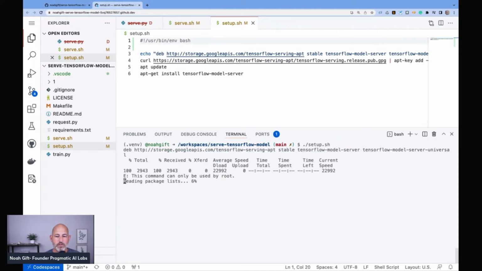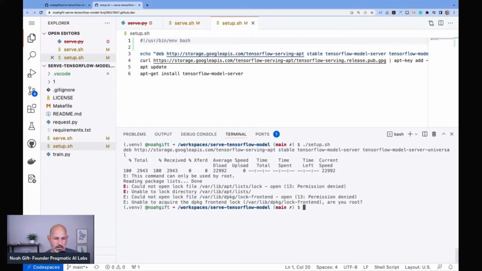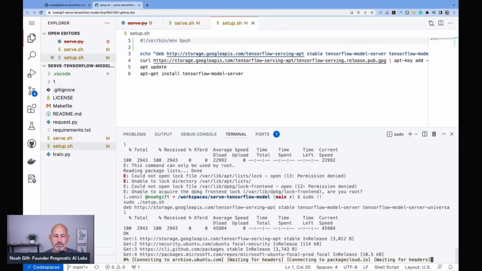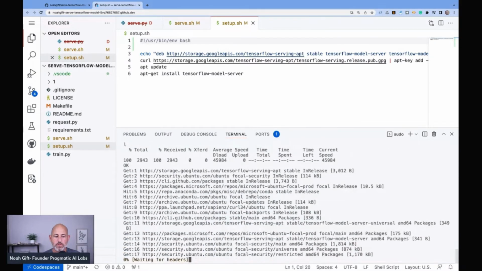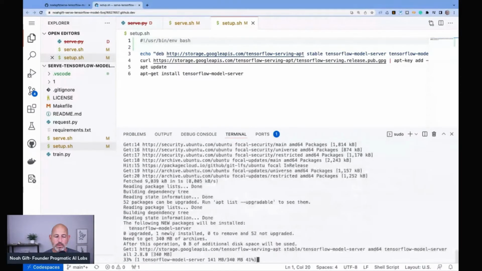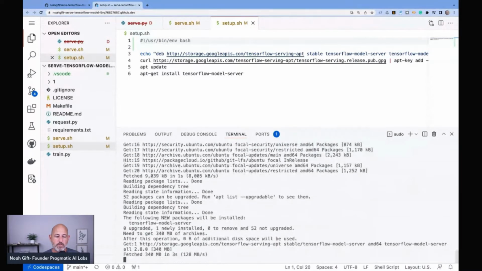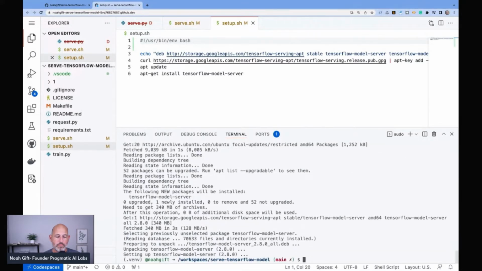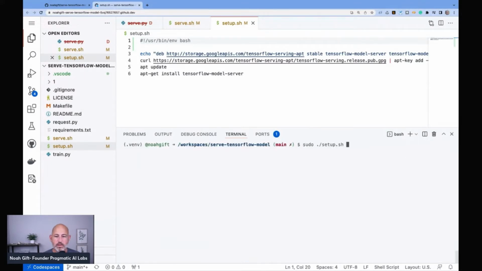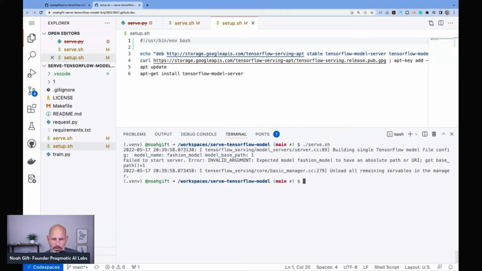Okay, so this downloads TensorFlow model server. It says denied. So we'll do sudo. Hopefully this works. Okay, so we got this working. Now if I do serve,